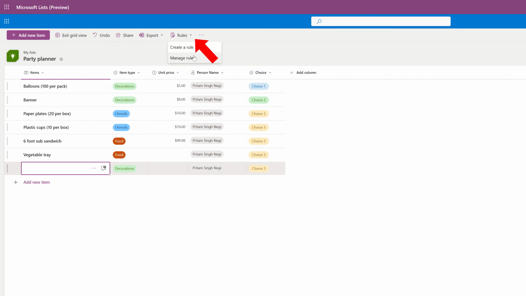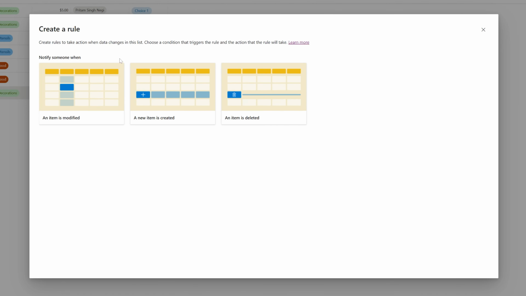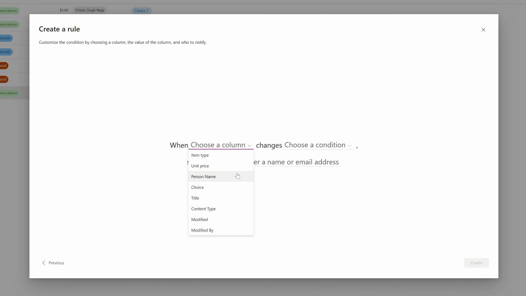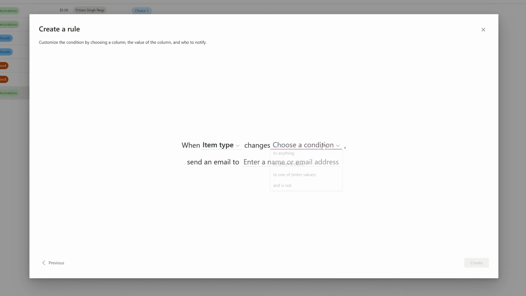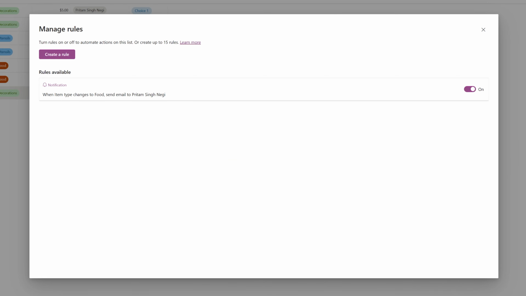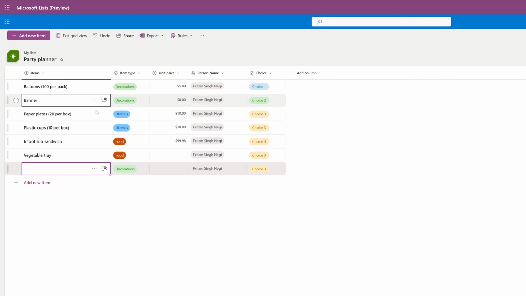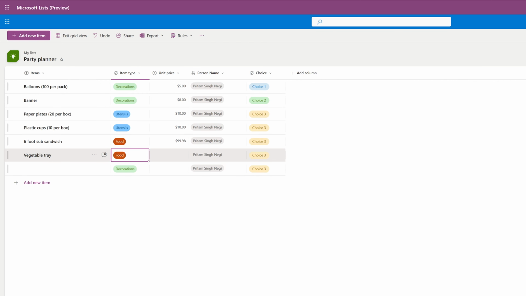So create a rule. This one I was mentioning about, let's say any item gets modified. And let's say here we can choose any specific item type got modified. And then I'm going to say to anything, or you can also specify a value. So in case, let's say food, this email needs to go to, let's say, the food operator. So let's say Preetham is the food operator. I'm going to click on create. So now whenever there is a new entry and somebody selects food, then automatically I'm going to receive that email,